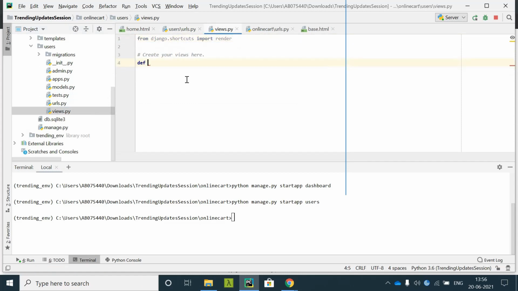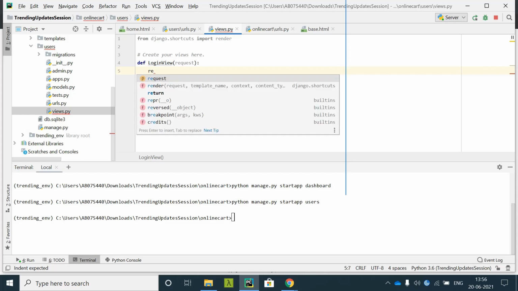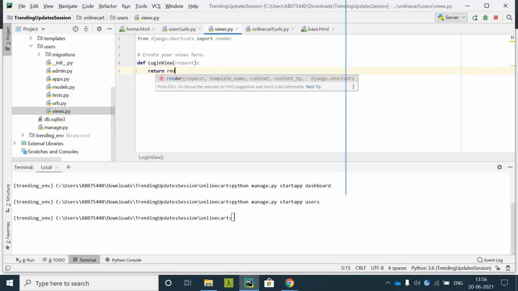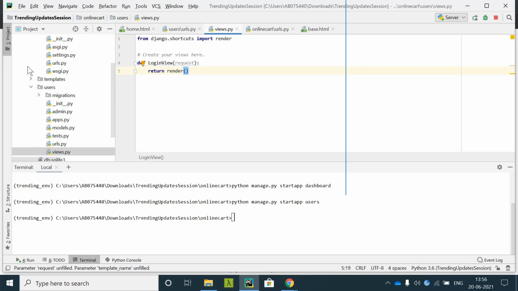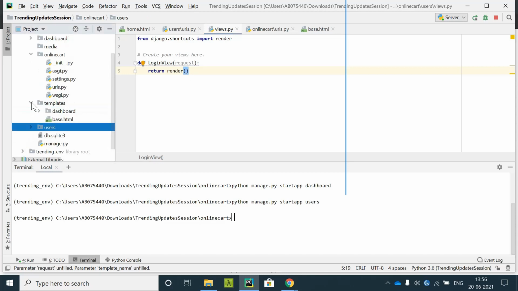What we'll go ahead and do is create login view request, return render. Okay, I need to render the login page, which is present in the templates. Right now we haven't created any login page.